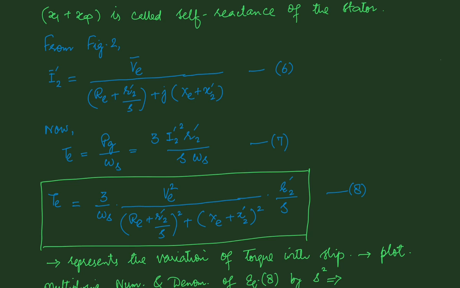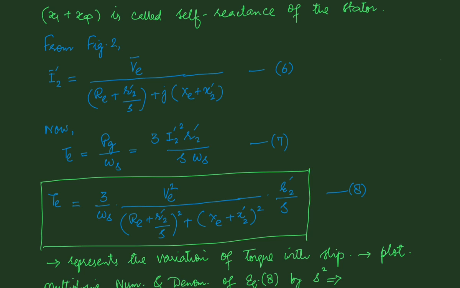Now, the torque developed is given by Pg by omega s. We have already derived this expression, and Pg in turn is given by 3 times I2 prime square R2 prime by s. This portion here represents the air gap power per phase, multiplied by 3 is the total air gap power, divided by omega s. And therefore, substituting for the magnitude of the rotor current